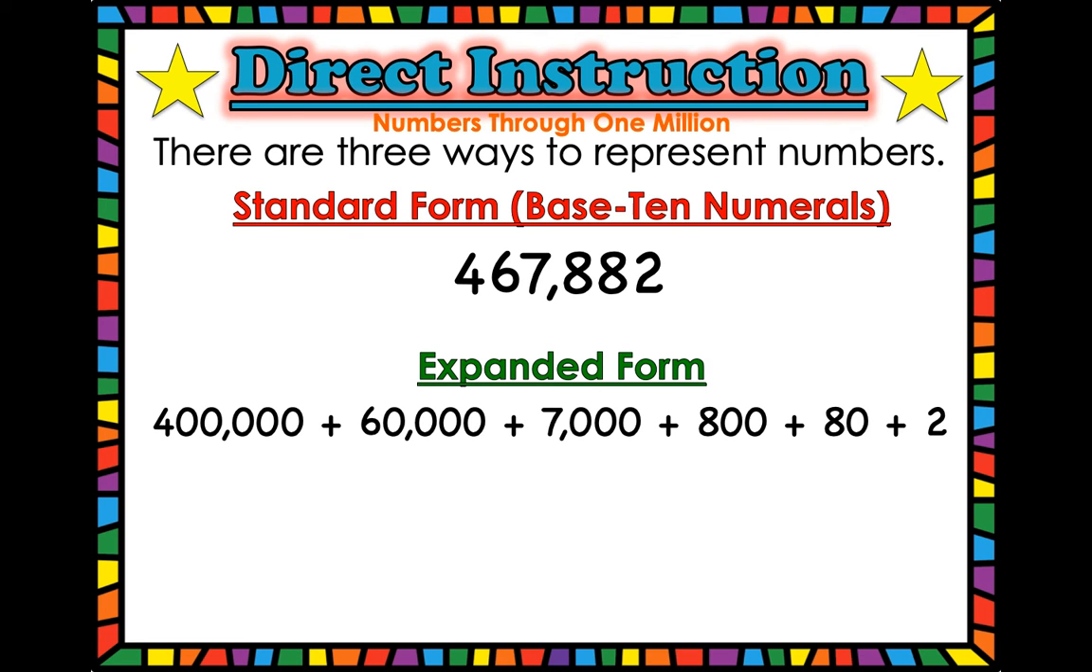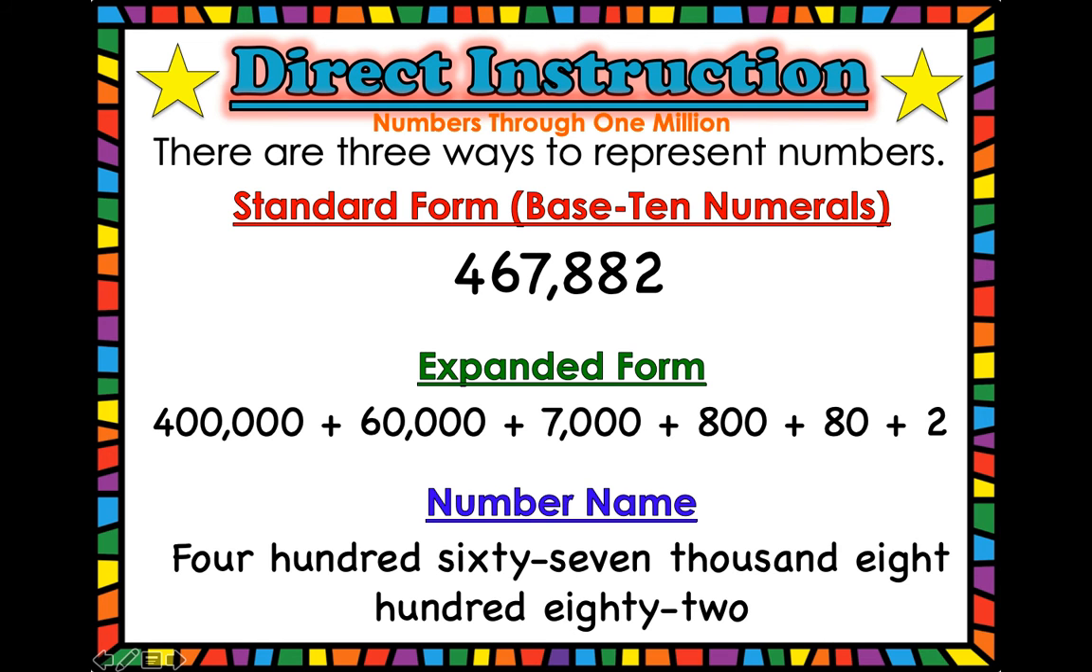We have expanded form, which is where we stretch out that number. For expanded form, it is very, very important for you to have a really good understanding of place value because that is going to help you. So we have 400,000 plus 60,000 plus 7,000 plus 800 plus 80 plus 2. And we know that by looking at the digit that's in that place for each number, and we know that all the numbers after that turn into zeros. And then we have the number name, or the word form,